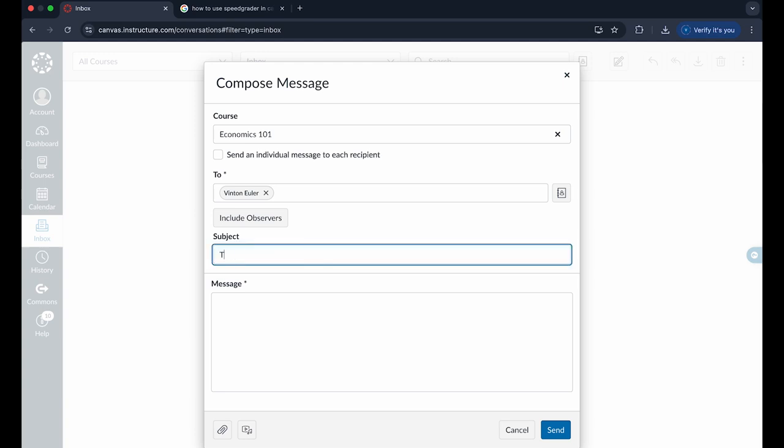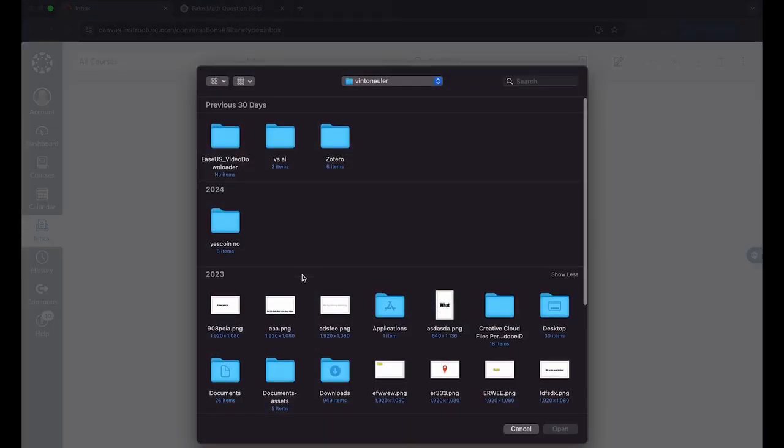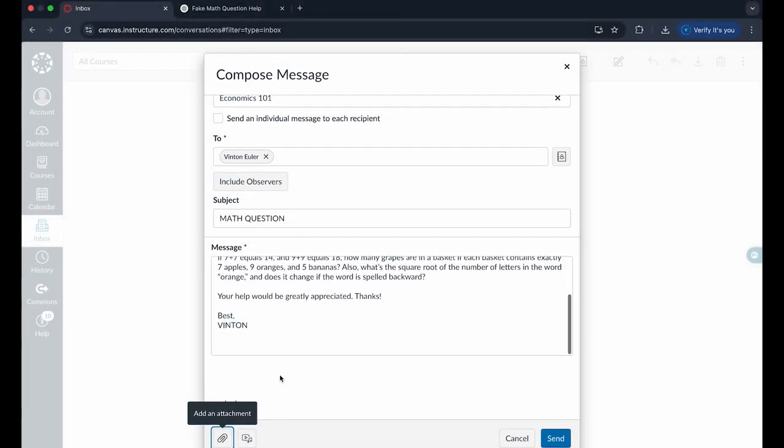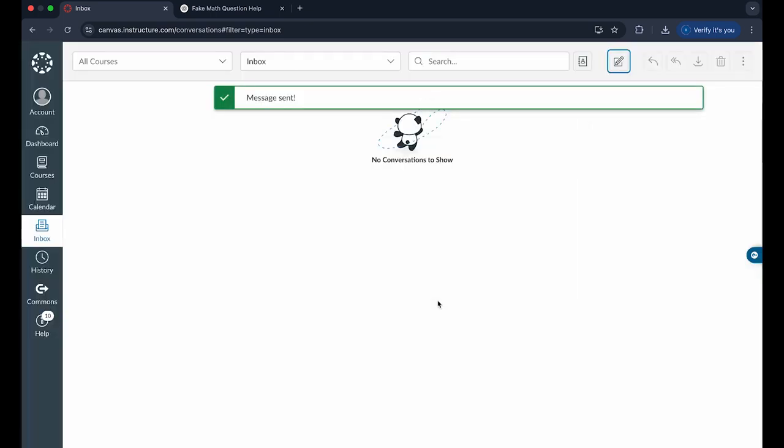And once you've actually written the subject of your message, you can basically write your email in this page right here and just put your name in at the end, of course, just however you want this email. And you can even add an attachment. If I want to add this nice image right here, you can actually see you can easily include that in an email or record a video or comment and click on send, and that will easily allow you to send